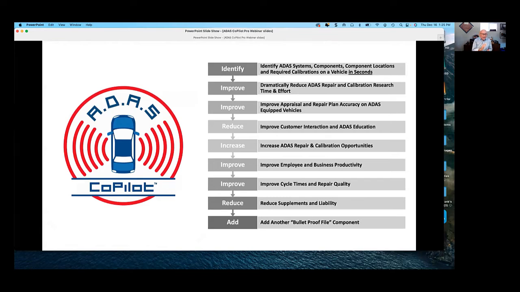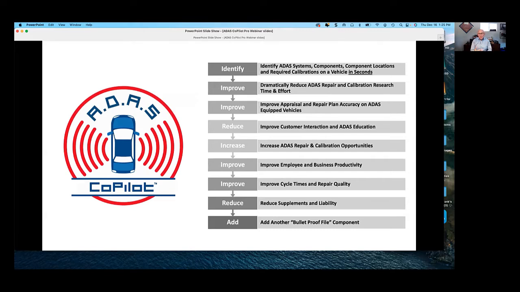Based on what we've been working with for the last 6 months, because we've really been testing this for the last 6 months, we're in the final stages. At the end of the year, we're going to move into commercial. We believe that by implementing this type of solution in collision repair, or really anywhere that's dealing with cars, I'm going to save you a ton of time and energy in terms of identification and repair procedures.